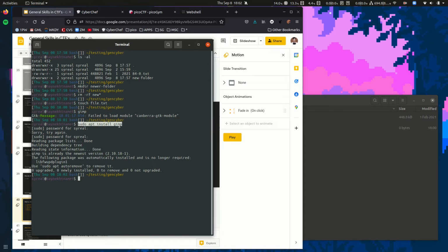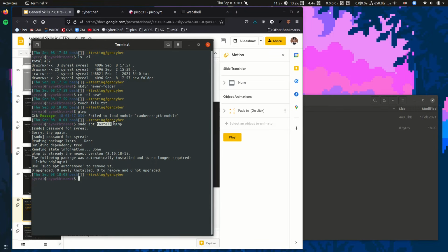To try to just briefly break this command down, sudo is like do something with elevated permission. You need to have admin permission to install programs on a computer or on Ubuntu. APT is the software management system for Ubuntu.